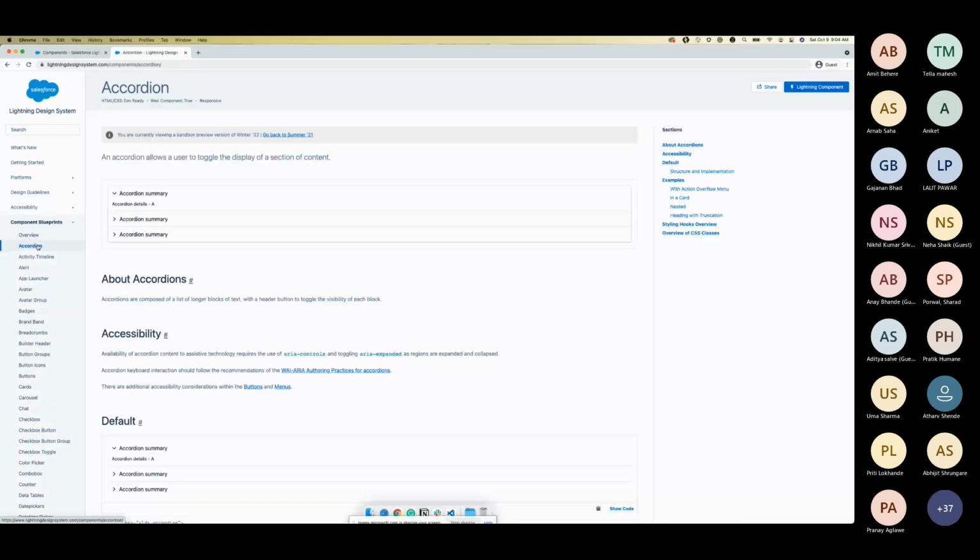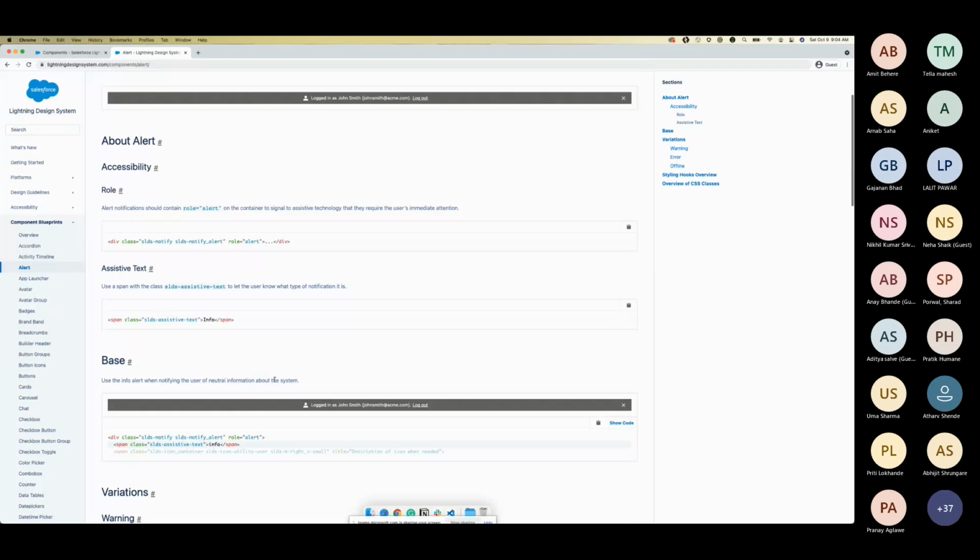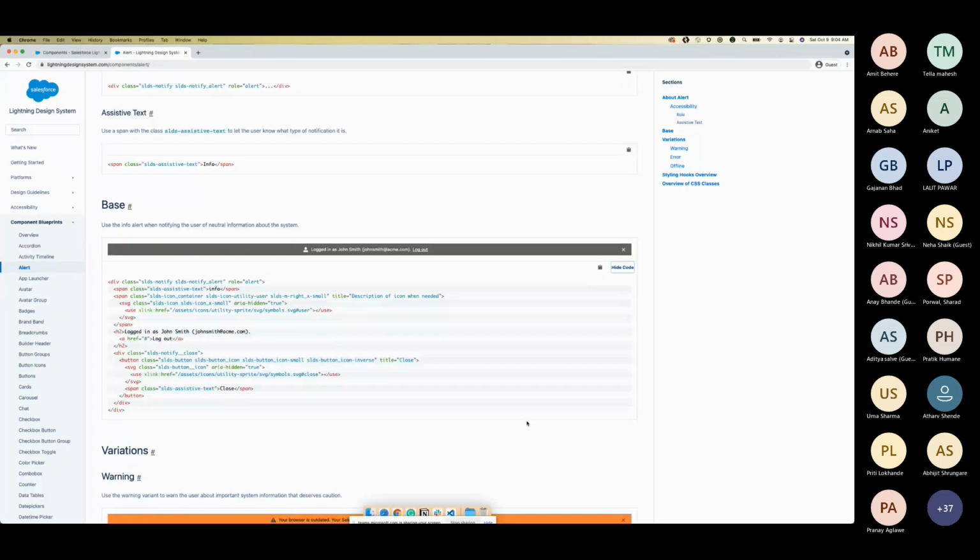If you want to customize or create anything, you can simply use those in your component. There are default classes and CSS-based code which you can utilize for your purpose. I will give you an example.